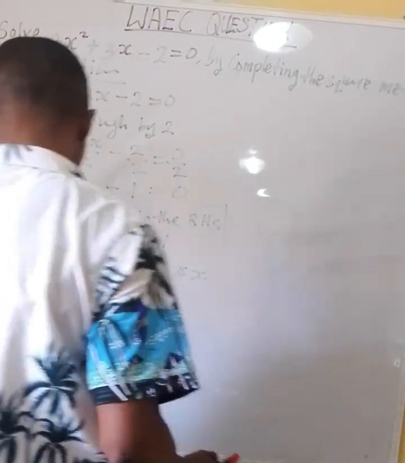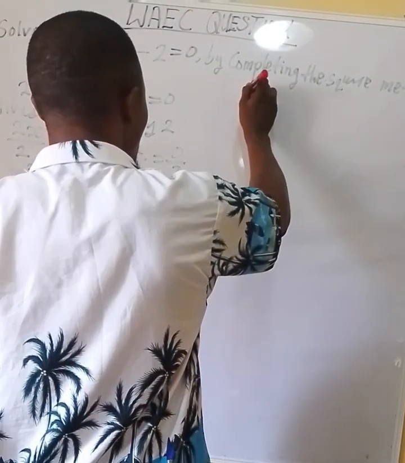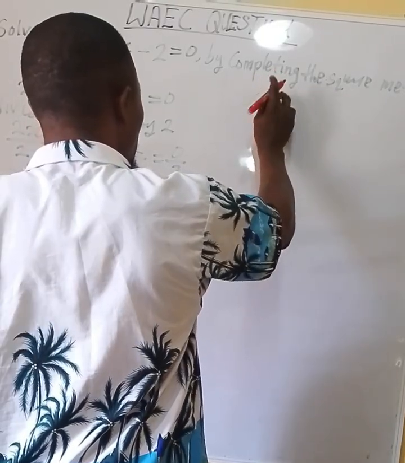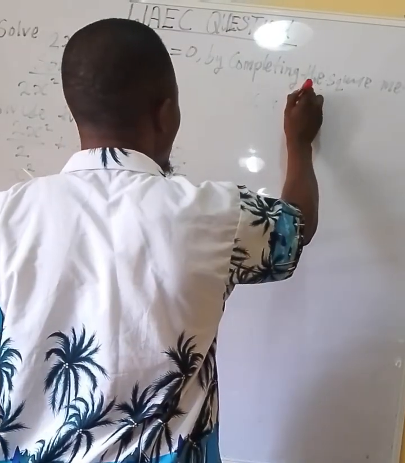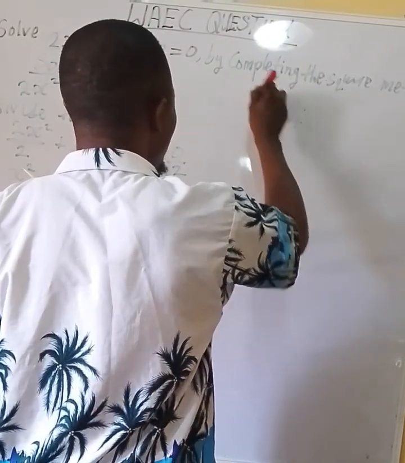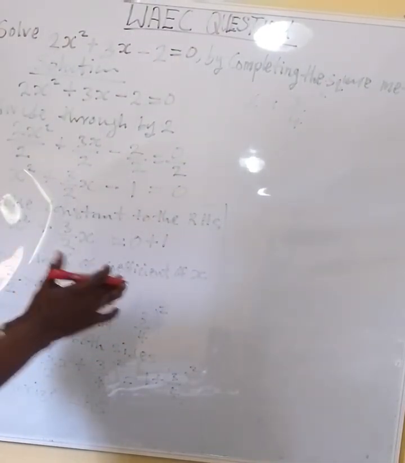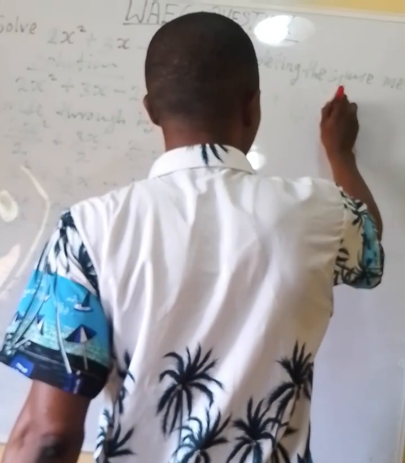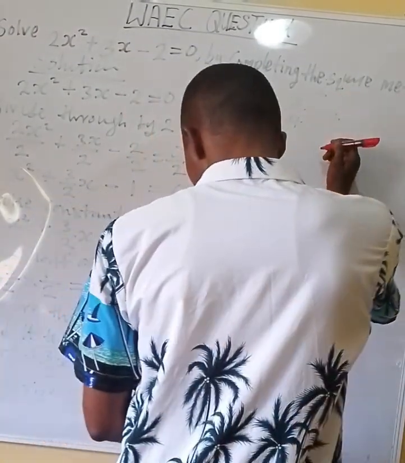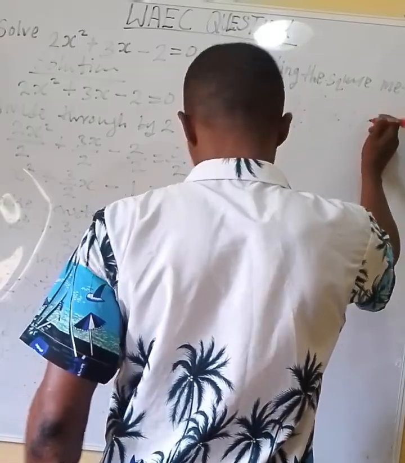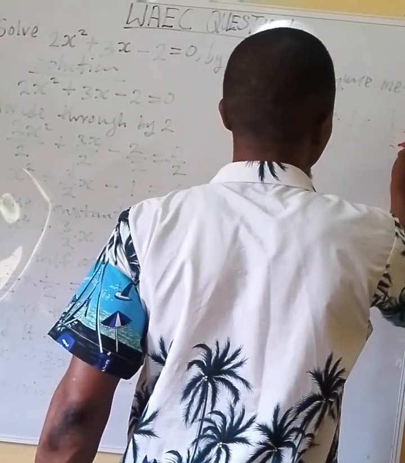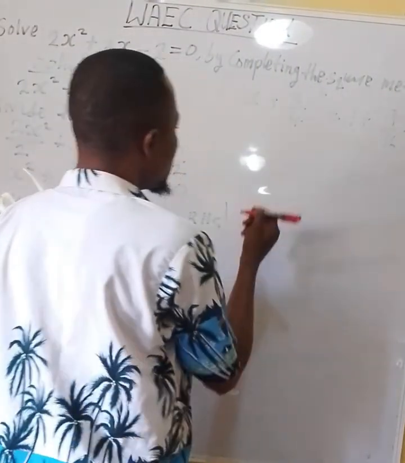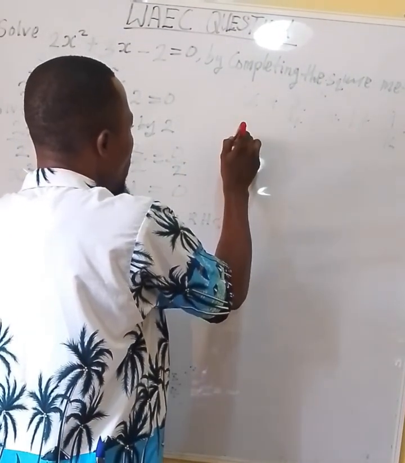When we factorize the left hand side, 3 over 2 x is gone. So we have x plus 3 over 4, and everything now carries a square. You know there is a square here, there is a square here, so we have grouped them together with one square. Now equals to, we have 1 plus 3 squared means 9, and 4 squared means 16. So we now have 1 plus 9 over 16. Okay? So now x